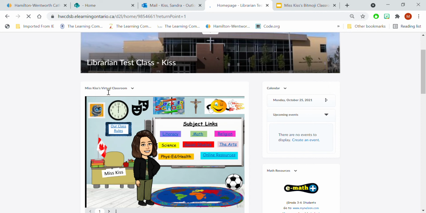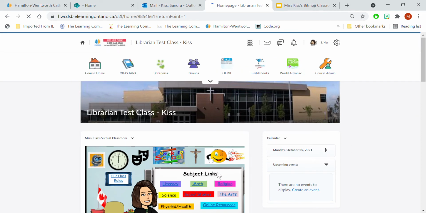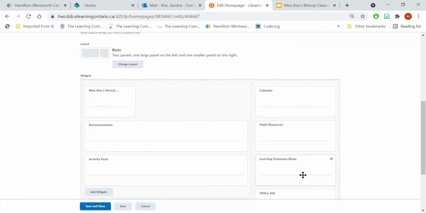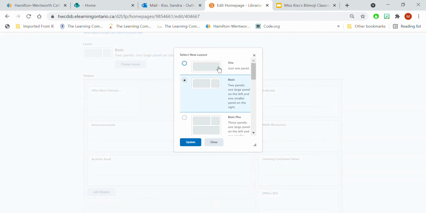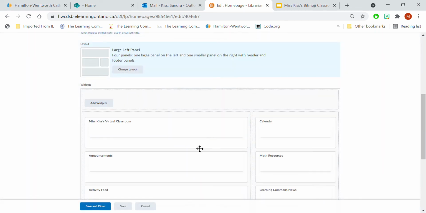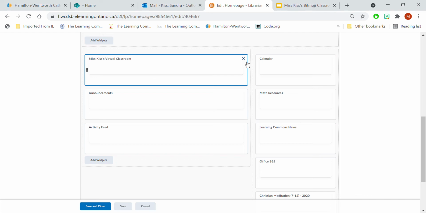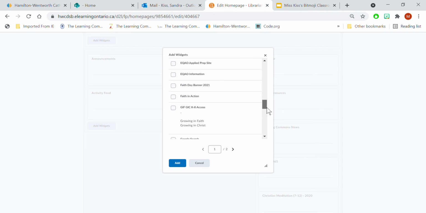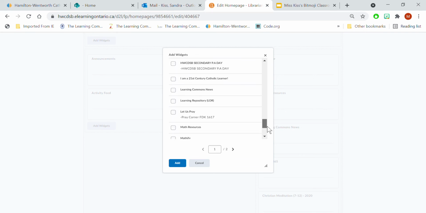If I don't like my layout, if I want my widget to be across the page, I can simply go back down to edit this home page and change the layout of my page. Which I'm going to do, I'm going to do a large panel. So this way my widget will be right across the top. And I'm going to move it up here. Actually, I think I'm going to put it up here. So you can play around with your home page. Once you have that widget created, the widget can really show up anywhere